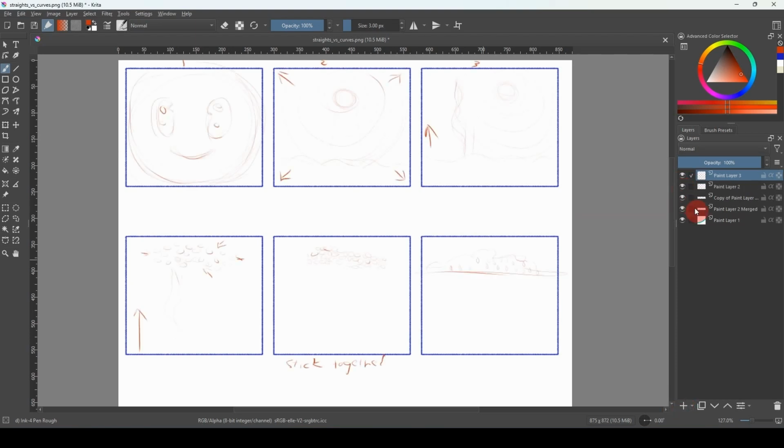Right, so this is 1 2 3 4 5 6, and keep in mind that this is very rough. All right, 6, then 7 here. All right, so 1 2 3 4 5 6, and turn that off. 7 8 9 10 11 and 12. All right, just so I know where we are. Okay, so next panel turns into clouds, like so. All right, and then maybe I'll have the camera zoom in,